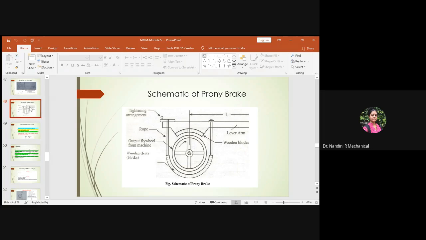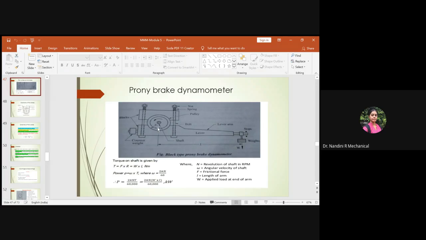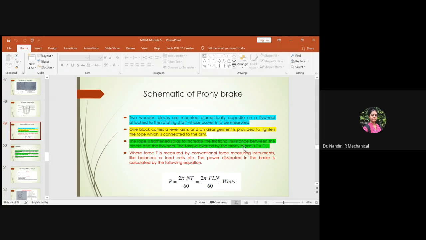So this is the entire length from the center of the flywheel to the end where you have placed the weight. This entire distance is called the length from the center of the shaft to the tip where the weights are being added. Hence the torque value will be equal to the frictional resistance times the length of the lever arm. By using these two formulas, we can determine the value of torque.